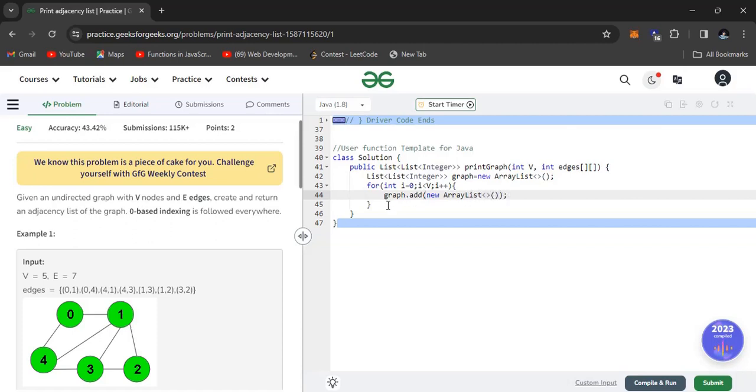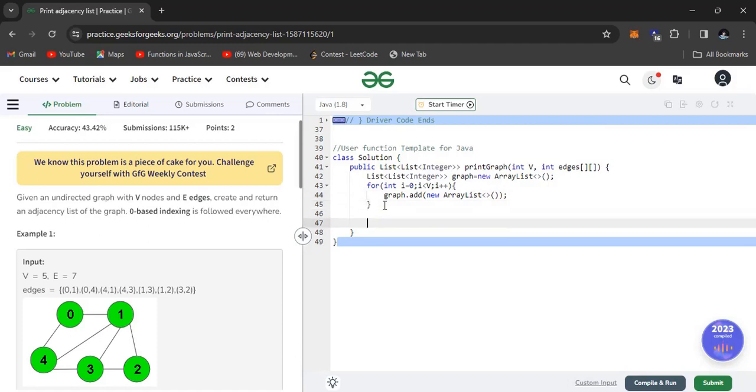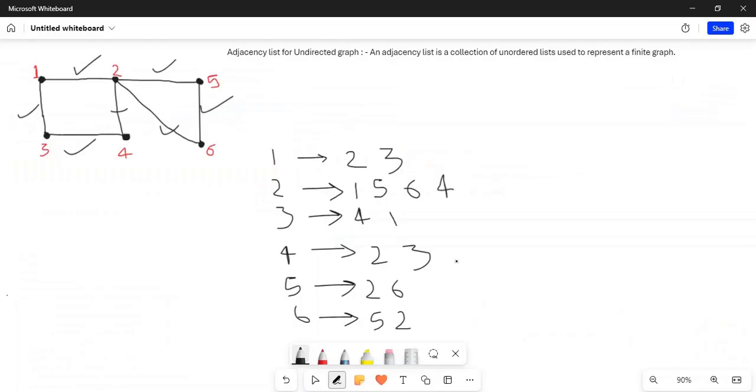Now what will be next? The next step is to include all edges. We have to take every edge and, for every edge, do the same process. You have to take each edge from the edge array and perform this process.